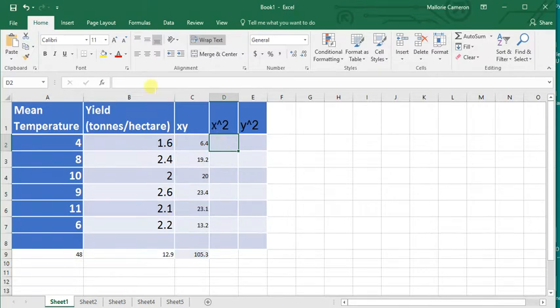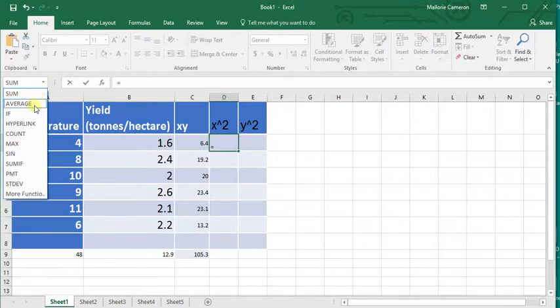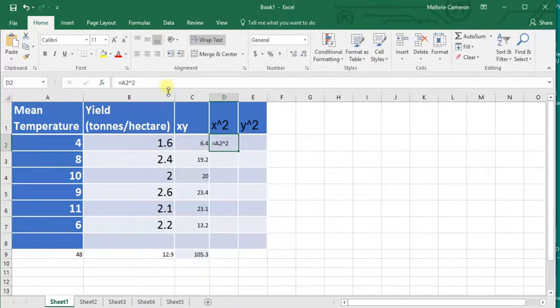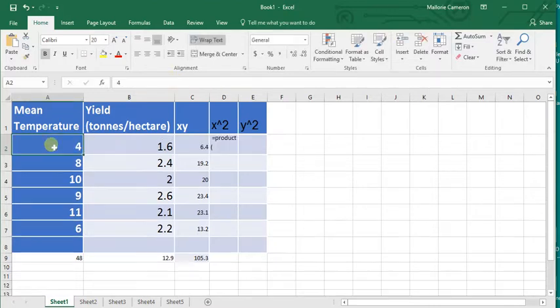Okay, x squared. If you press an equal sign, you can go here and see if there's an actual function for squared. I went all the way down here. I see square root and square root pi, but I don't actually see squared. So I'm going to keep it simple. I'm going to say product of this one